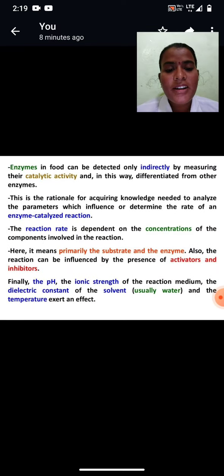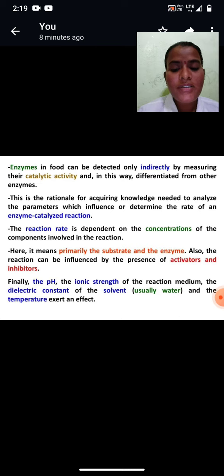Enzymes in food can be detected only indirectly by measuring their catalytic activity and in this way differentiated from other enzymes. This is the rationale for acquiring knowledge needed to analyze the parameters which influence or determine the rate of an enzyme catalyzed reaction. The reaction rate is dependent on the concentrations of the components involved in the reaction. Here it means primarily the substrate and the enzyme. Also the reaction can be influenced by the presence of activators and inhibitors. Finally, the pH, the ionic strength of the reaction medium, the dielectric constant of the solvent and the temperature exert